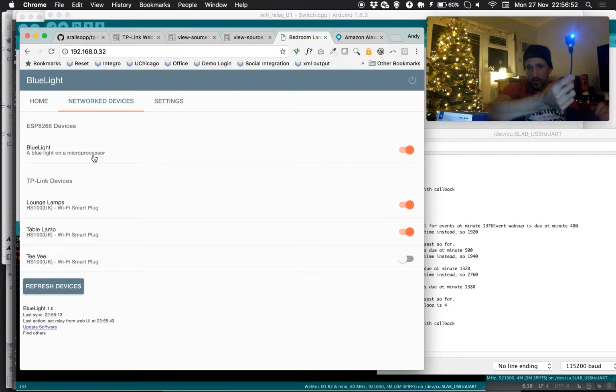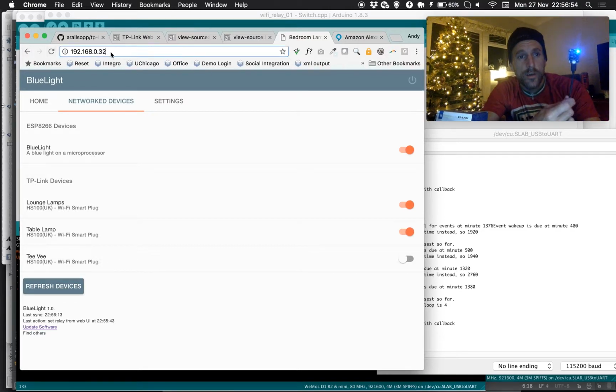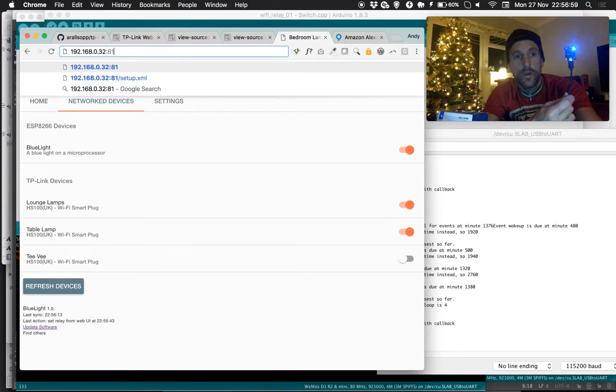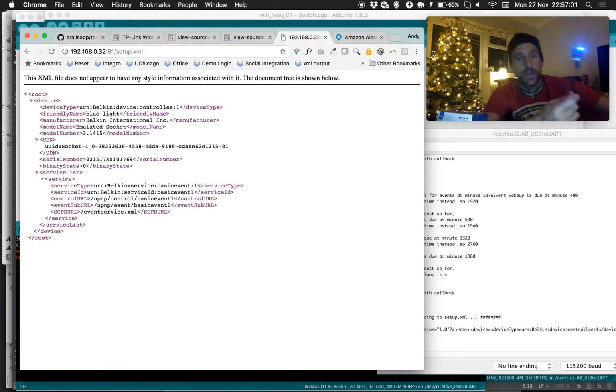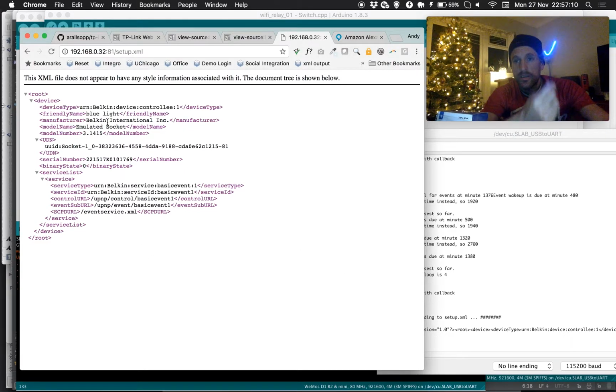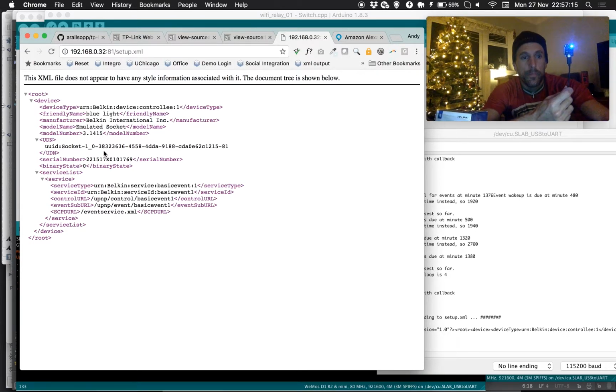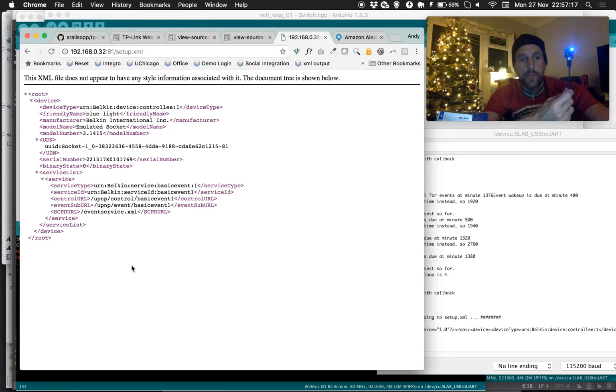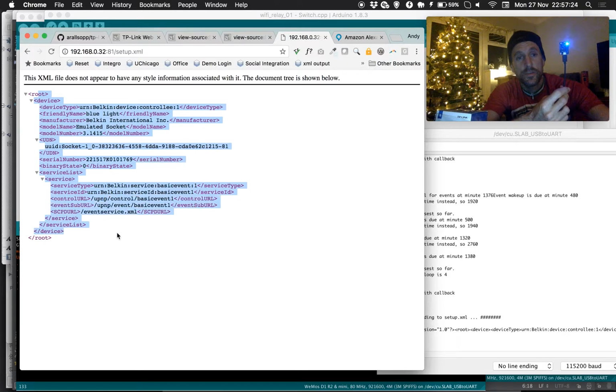But that is not the end of the things that it pretends to do. So if I look at the alternate web server here, because I'm actually running more than one, I'm also running one on 81, and I look at setup XML, you can see this file gets sent, so it's sending XML version here, and so on. It's a Belkin device. So this little device is now pretending to be a Belkin emulated socket, basically. This is a Wemo socket, which is, of course, not. But it looks like one, and because I can send it this in response to this request for setup XML,